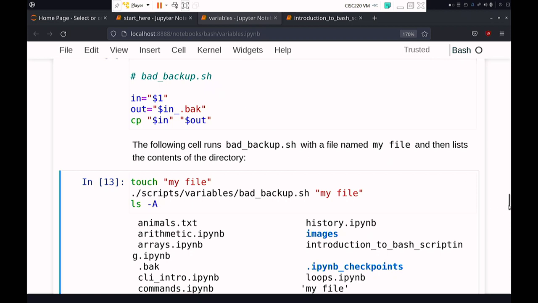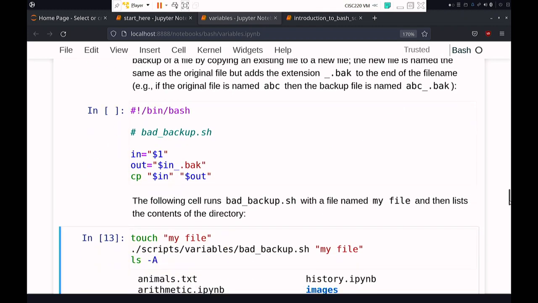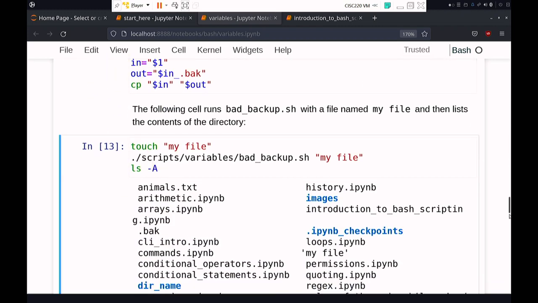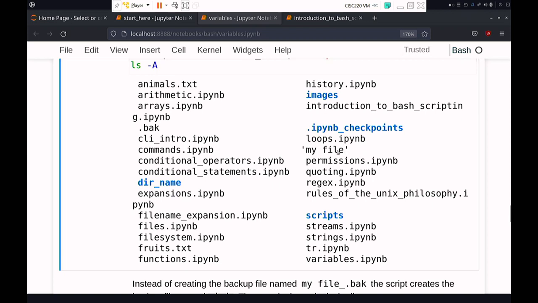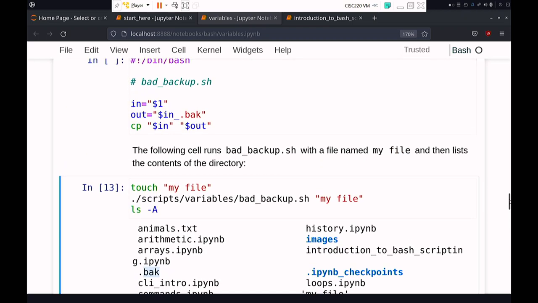Notice that there is no myfile_.back. There's my file, no myfile_.back. There is a .back, right? So what's gone on here? When you go back and read this,